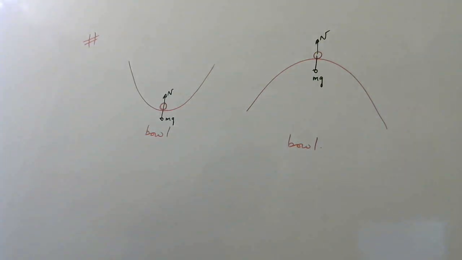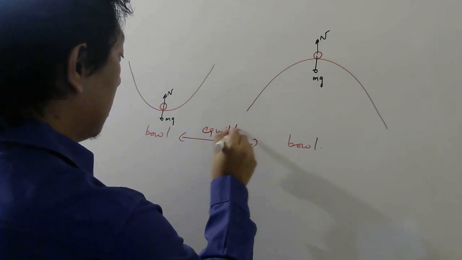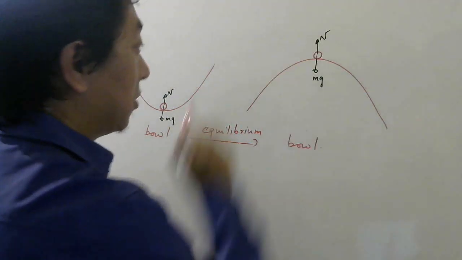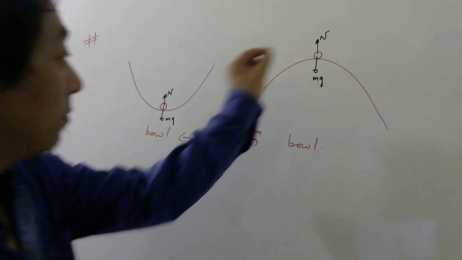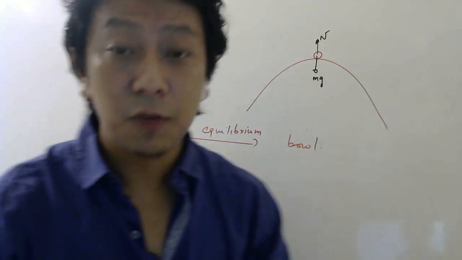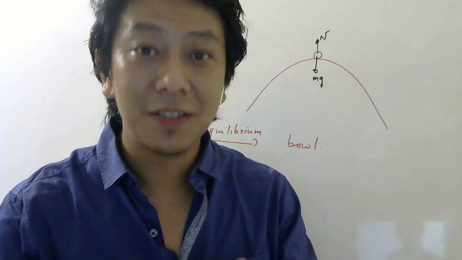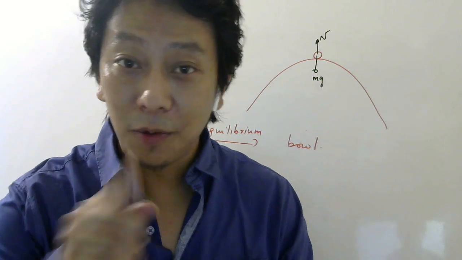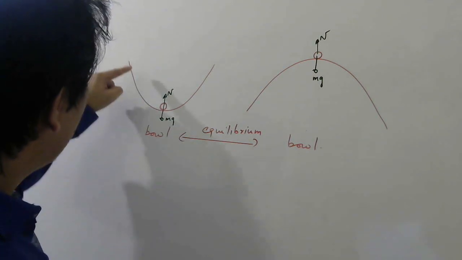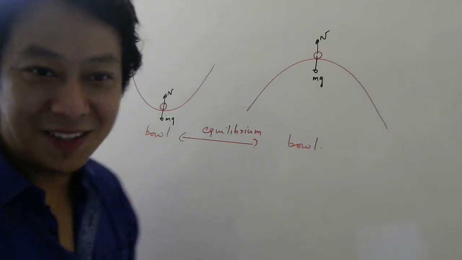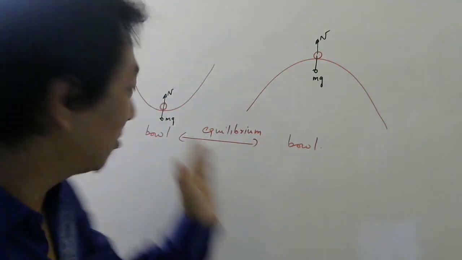But the difference between both: both are equilibrium because the body is feeling zero force. Why zero force? This force will balance this force. Here this force will balance this force. So if you keep them at rest, they will remain at rest. See why I say like that? Because according to Newton's first law, a body at rest remains at rest if there is no net force. If the body was already moving, then it will continue. If you leave this marble from here, then as it comes here, it will not stop there. That would be like magic, no? Why doesn't it stop even if the force is 0? Because it is already moving, so it has inertia. So it will continue.